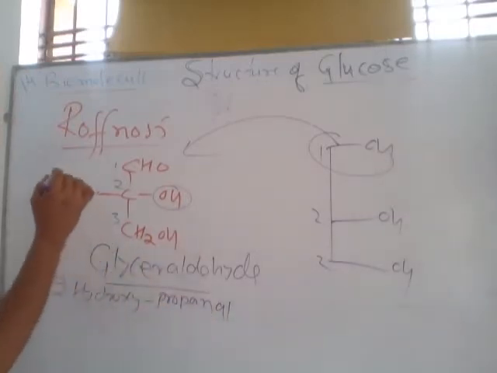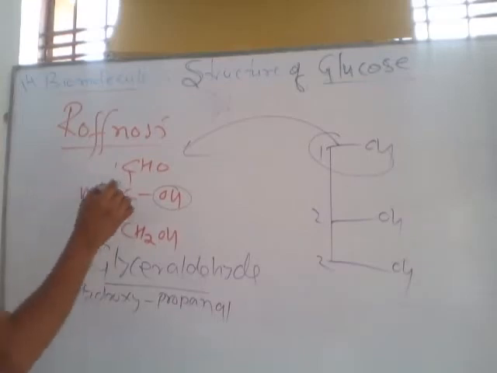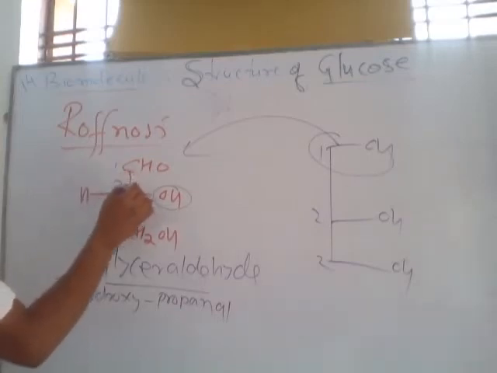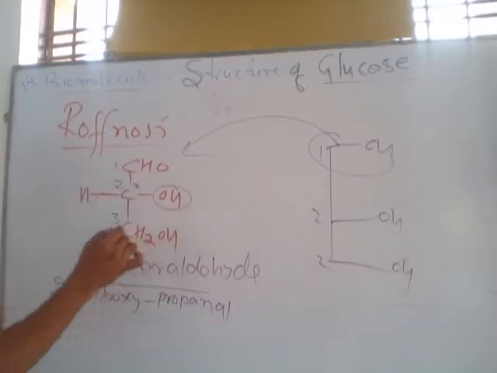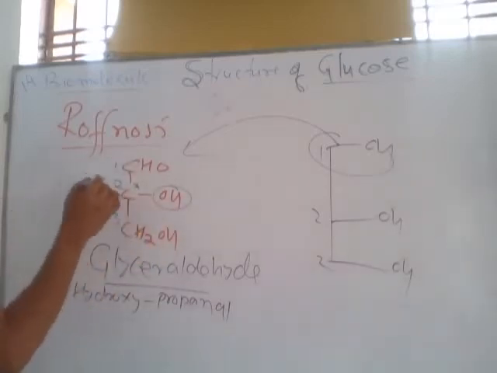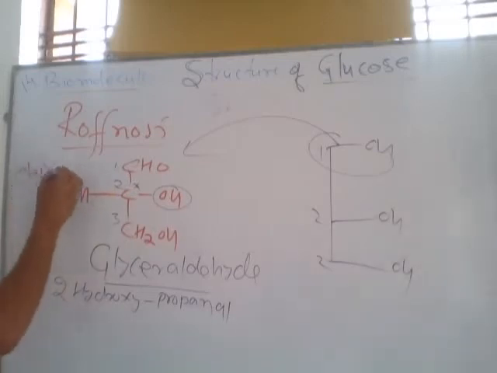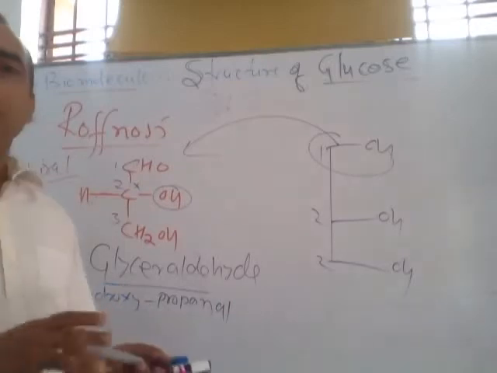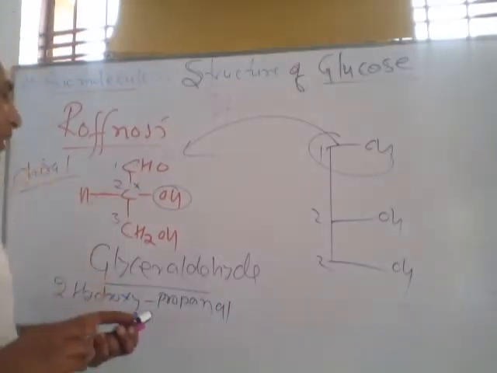This is the general name. Observe and focus on the second carbon, 1, 2. On the second carbon, 4 different types of groups are connected, 1, 2, 3 and 4. So this carbon is called a chiral carbon. Chiral carbon means a carbon to which 4 different types of atoms or groups are directly connected.